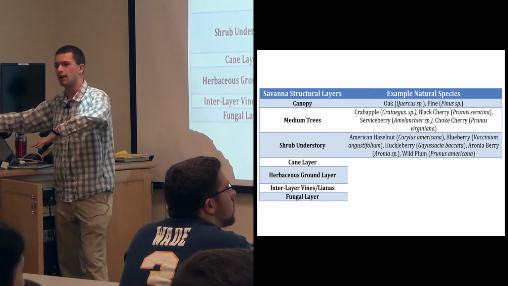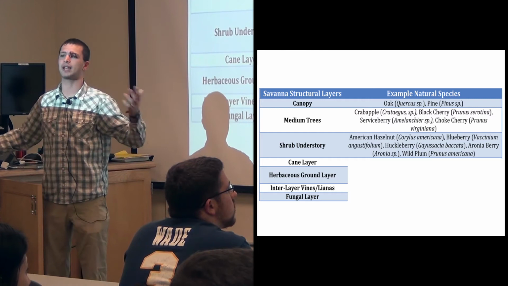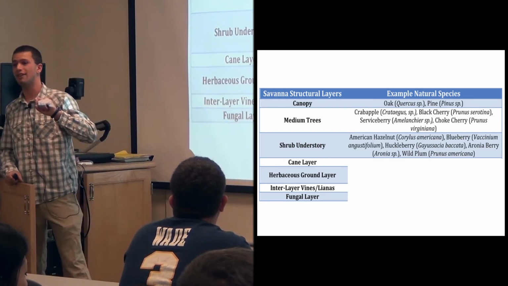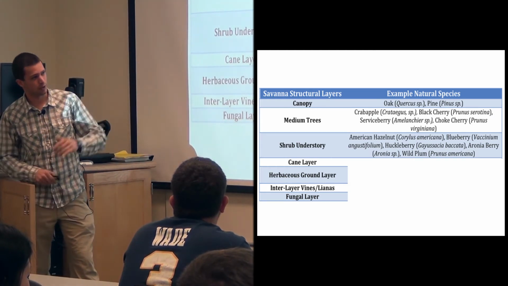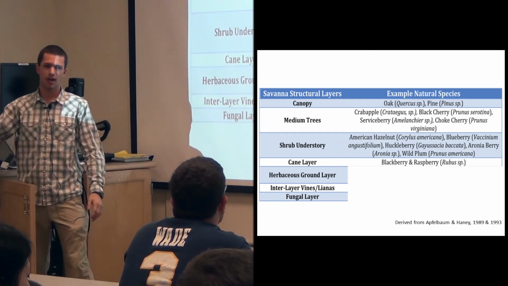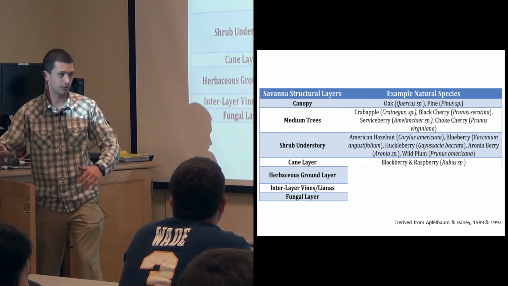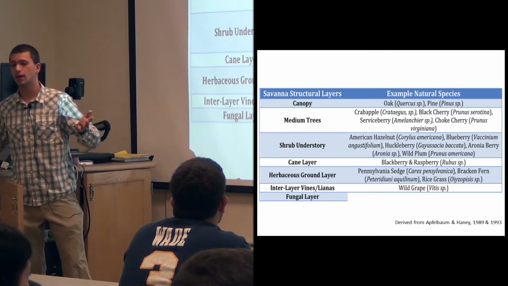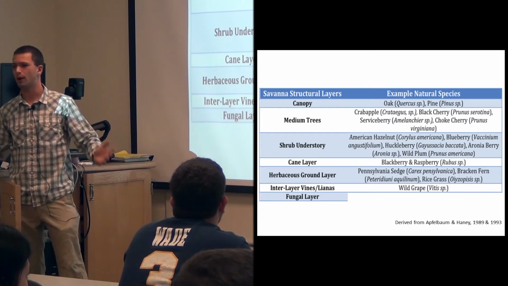In the shrub understory of that system, there used to be American hazelnut everywhere. Champaign County used to be covered with American hazelnut. I just found the only 2 acres left in all of Champaign County the other day, which is really cool. So there are some other shrubs. You have this bramble layer, which is typically your raspberries and blackberries, which anywhere you go, you walk through the forest, any preserves around here, you see it all over the ground. We have this ground layer of basically prairie grasses. You have a vine layer that goes throughout everything, which around here is dominated by wild grape.